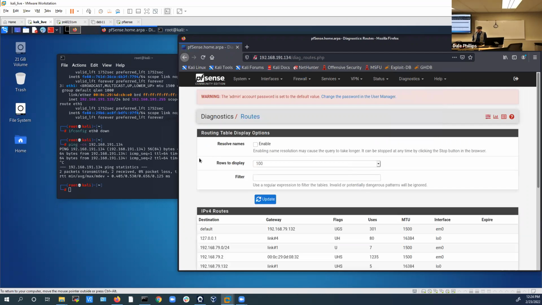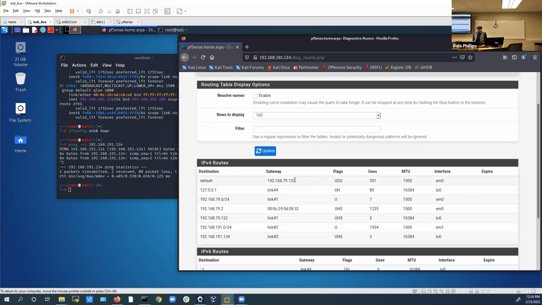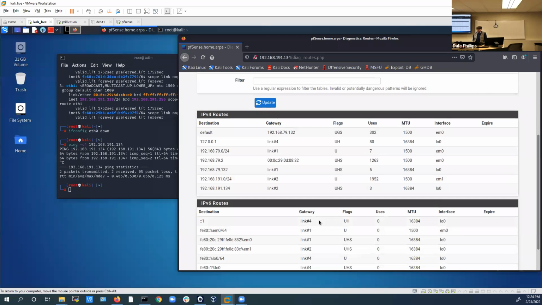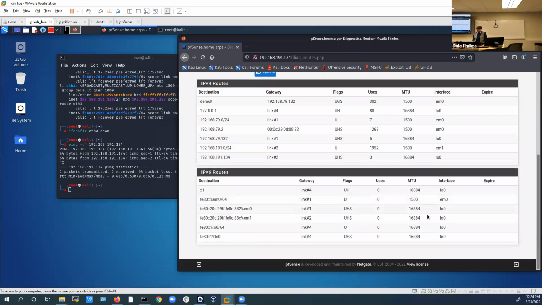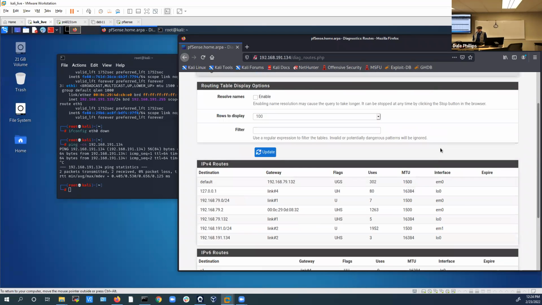Routes. Maybe this is what I need. Default gateway. Link to. This actually needs to be a gateway to that. So that's what I really need to do. I don't know how you do that. Maybe you don't. But technically,